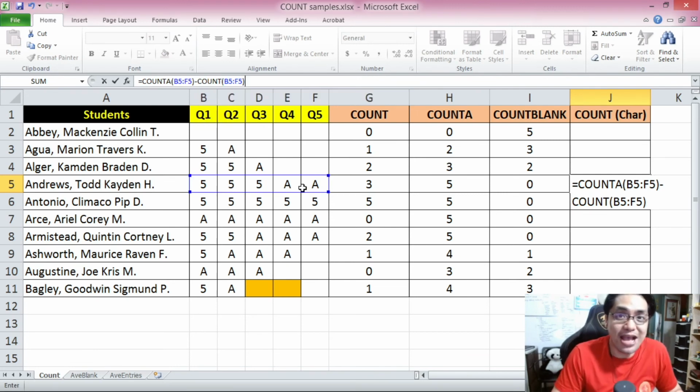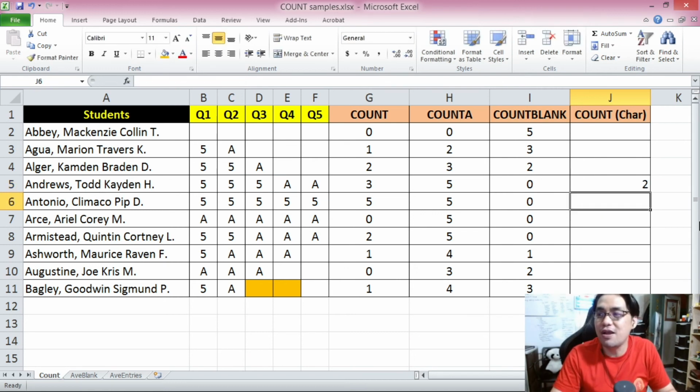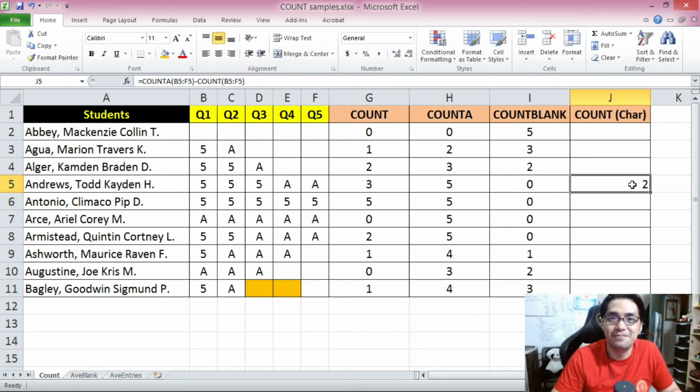What you're asking Microsoft Excel to do in this case is count the number of cells that are not blank and then remove the number of cells that are numbers. Naturally, by logic, what's going to remain is the number of cells with text. And when you press enter, we're expecting a value of 2 here, and yes, it is.